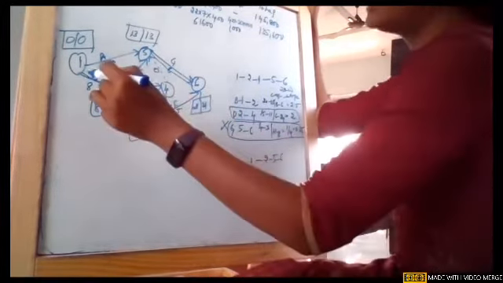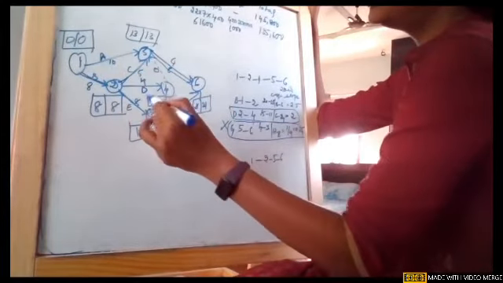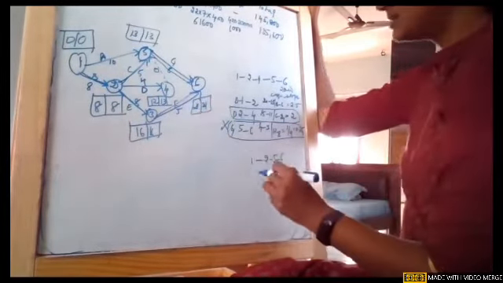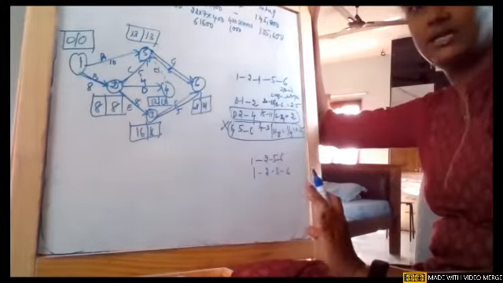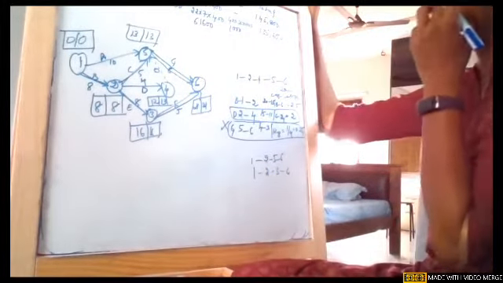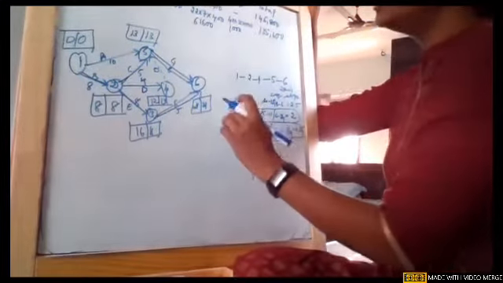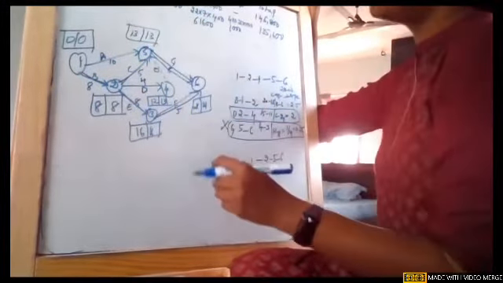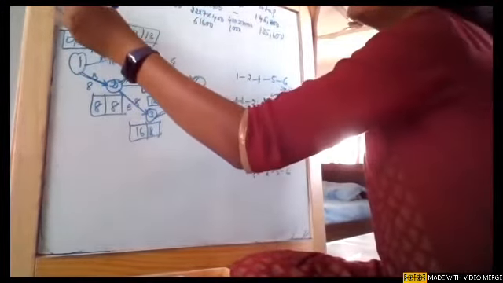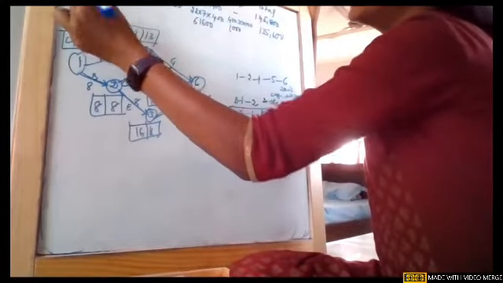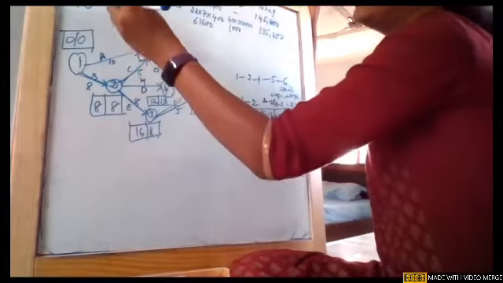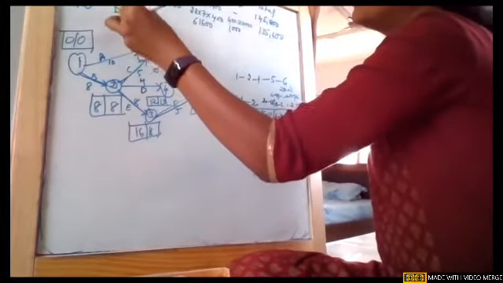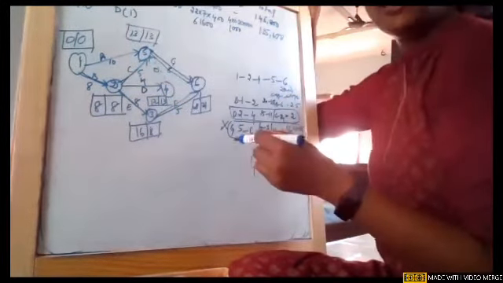One more critical path, 1 to 2, 2 to 3, and 3 to 6. 1 to 2 to 3 to 6. I'm just writing them here, later we must not forget. Now we will see the duration is reduced, and we will see what is happening to the cost as well. So now the new network is 21 weeks. The crashed activity is activity D with 1. We are able to reduce it by 1 week.